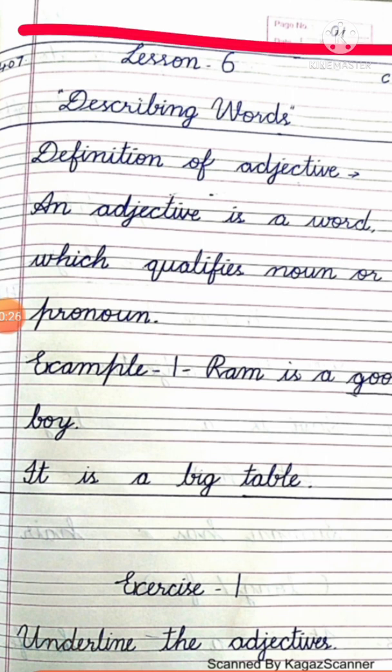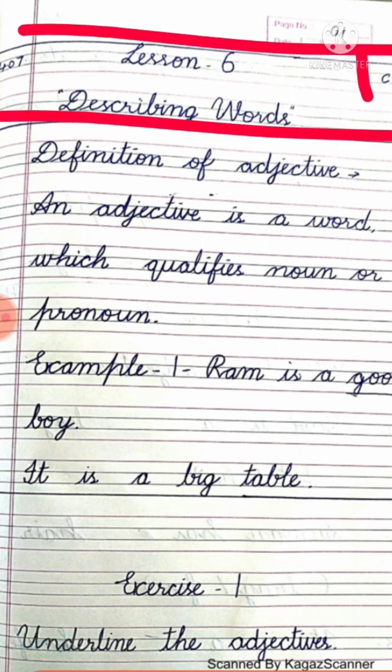First you draw a 2-line headline, and then on the right side at the top corner you will write CW, and in the left corner you will write that day's date, the date when you will do the class. Okay children, then downside you have to write the heading, lesson number 6, in the middle. Then in the second line you will write describing words. Describing words, again I am telling you, is another word for adjective.